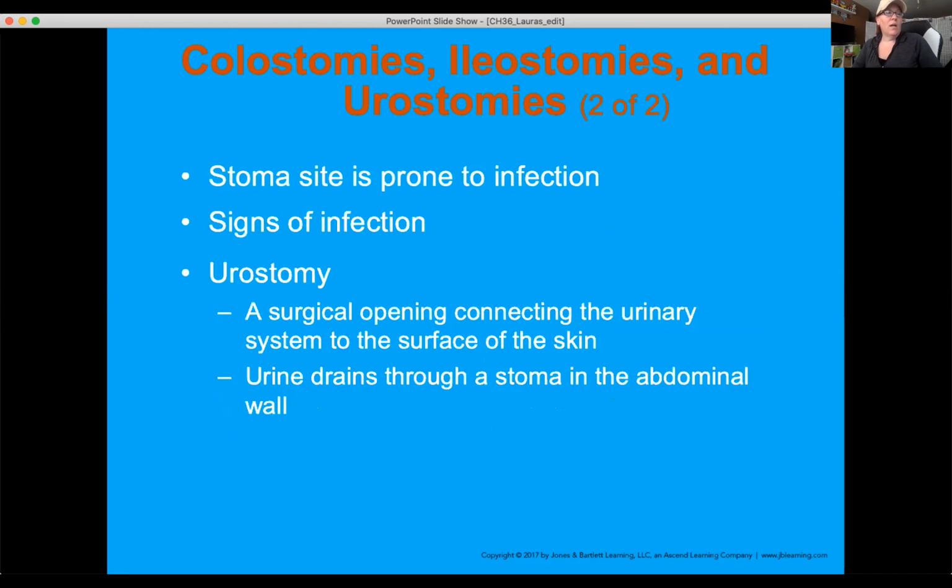All right, signs of infection, again, pain at the stoma site, and fever, discoloration. Those are all signs of infection. Just be very careful, because those bags do become dislodged, and you will not be happy as soon as that happens. And then some people have a urostomy, which is where they have a stoma, and instead of having catheters all the time, they put a stoma up above the pubis, and it allows urine to drain directly out of the bladder.